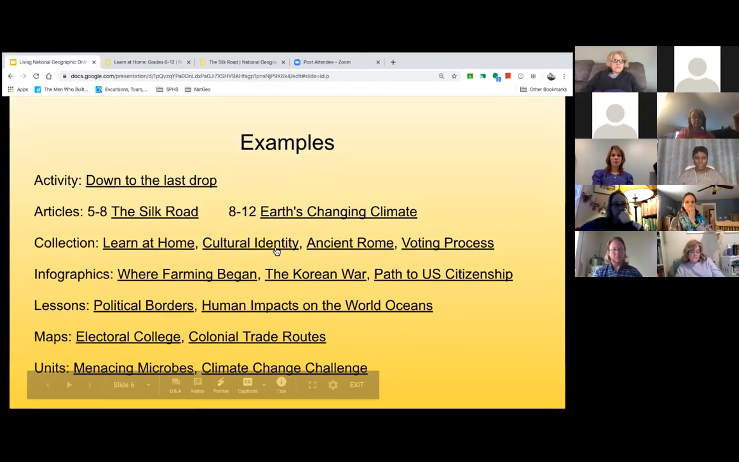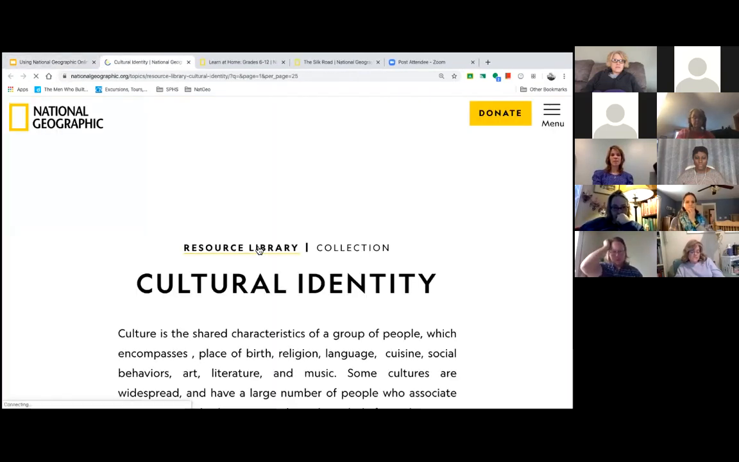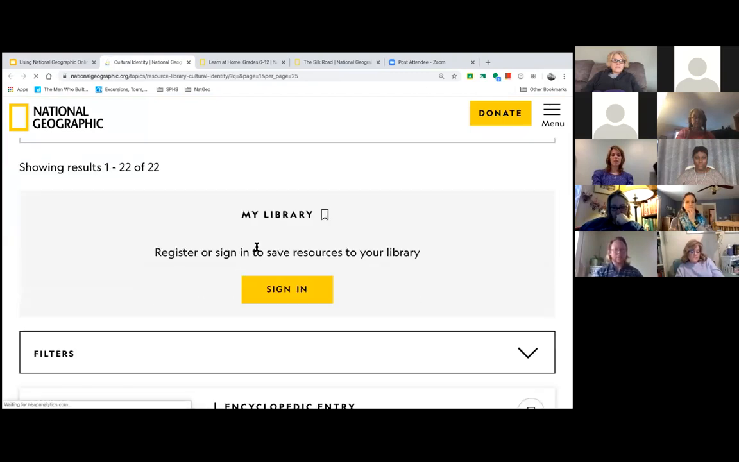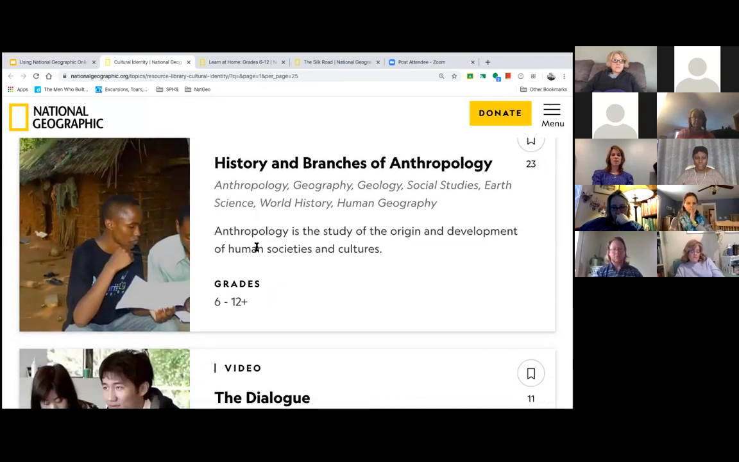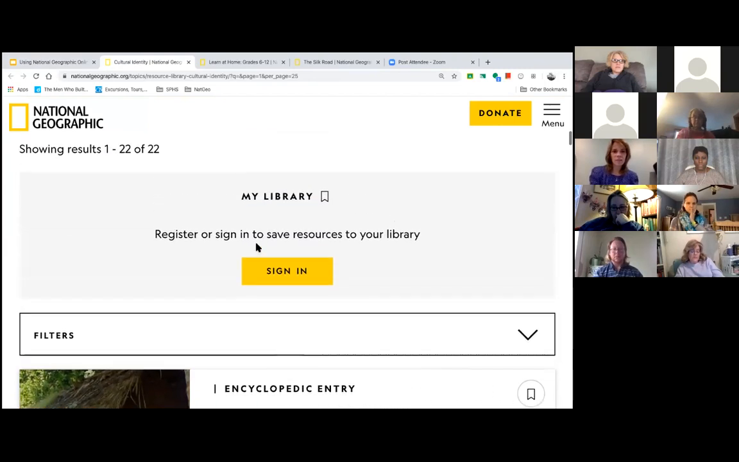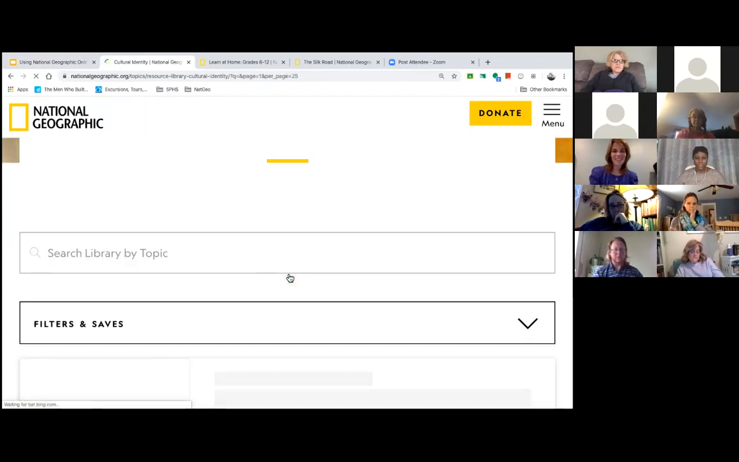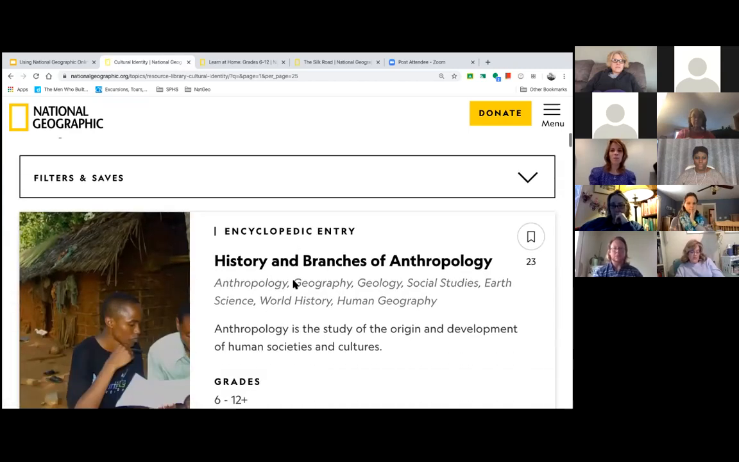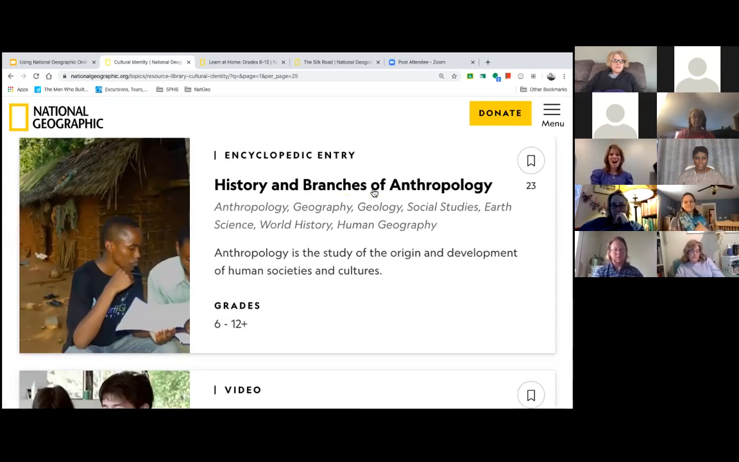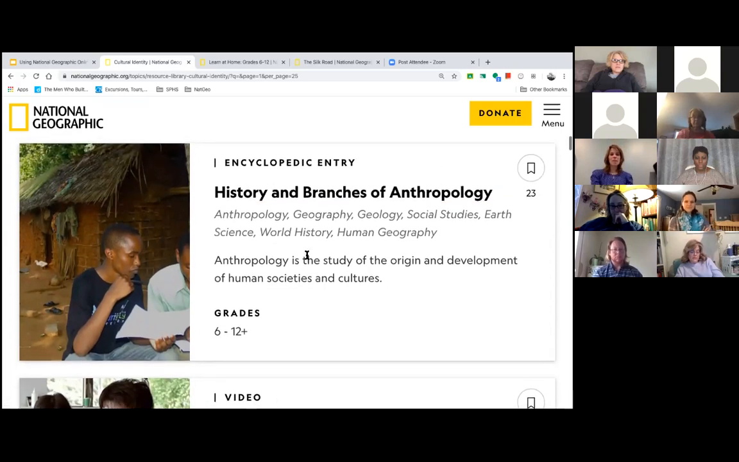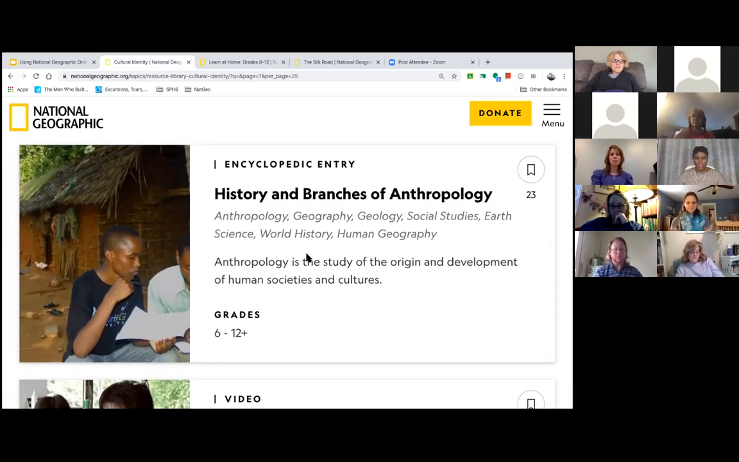And if I go into the cultural identity one, for example, it does look like it's going to have me sign into my library. So let's see if it does an automatic sign in, hopefully. Okay, perfect. Looks like it did. Sorry. So this collection here is great because it has a lot of different resources available to you in one small condensed package. So if you're looking for background information about culture, about identity,